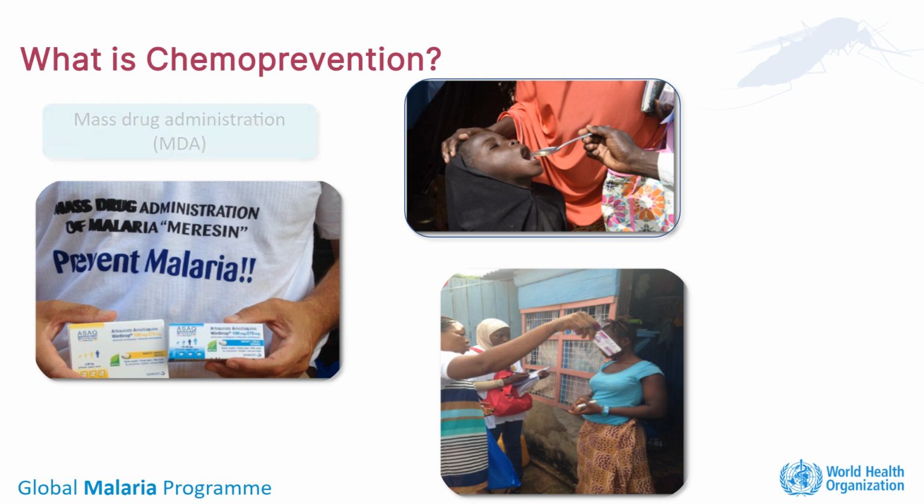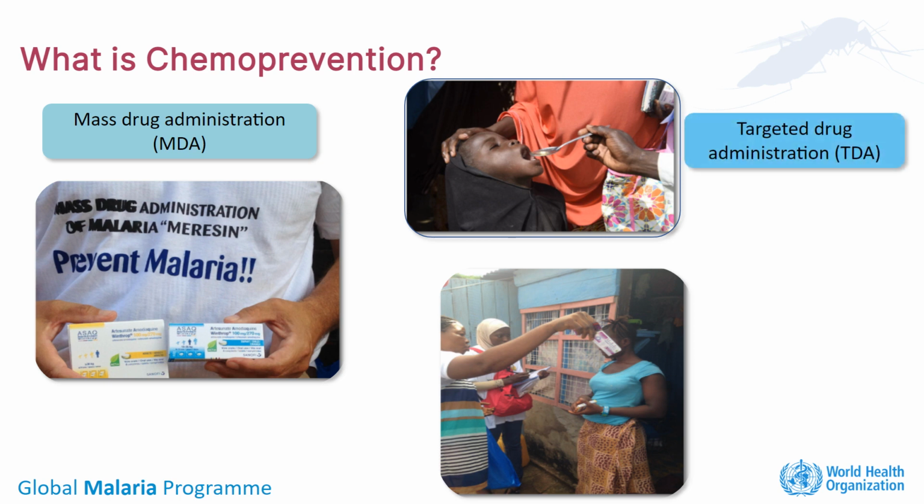The first is MDA, to reduce transmission of Plasmodium falciparum in areas of very low to low transmission or to reduce transmission of Plasmodium vivax. MDA is provided to the entire population of a delimited geographical area at the same time, hence the use of the word mass. The second recommendation is for targeted drug administration, or TDA, which is a form of chemoprevention provided